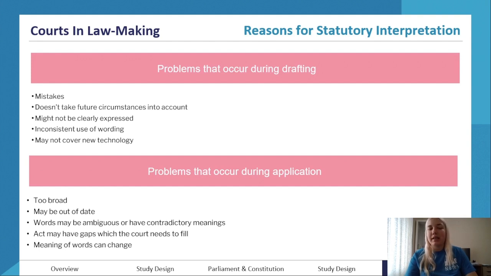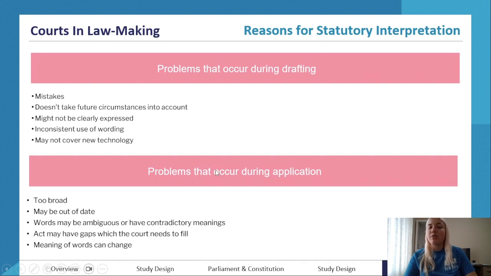It might not be clearly expressed what should happen if a law is breached or under certain circumstances. There might be inconsistent use of wording, and it may not cover new technology. Just some examples. Okay, now problems that occur during application include things like if the act or statute is way too broad and doesn't clearly define everything that might happen, if it is already slightly out of date, and that's why it's difficult to apply it,